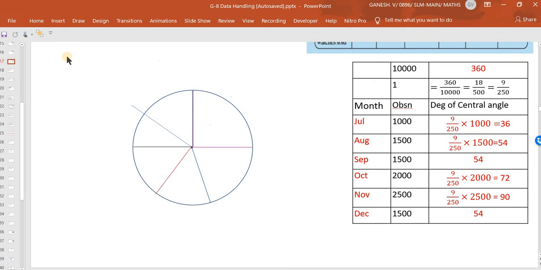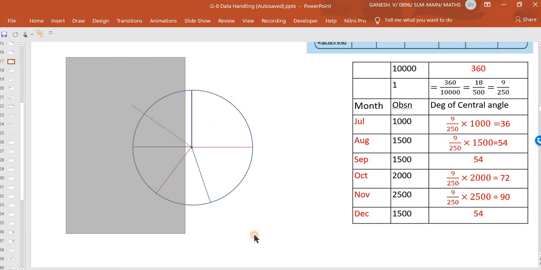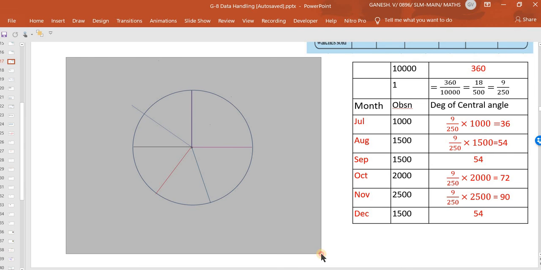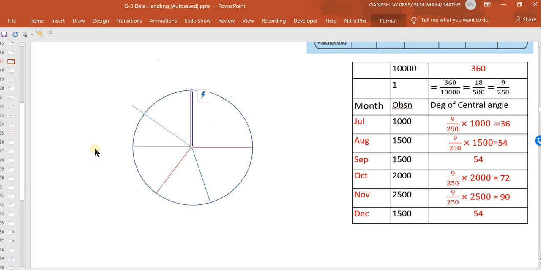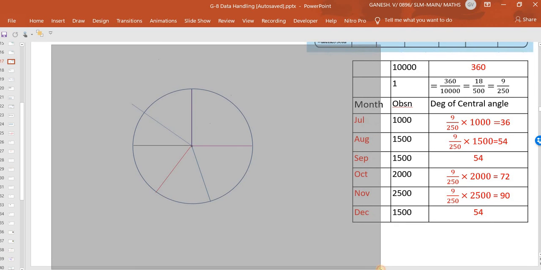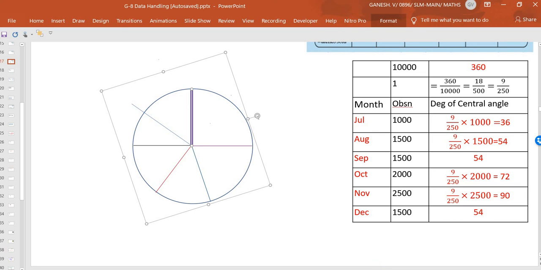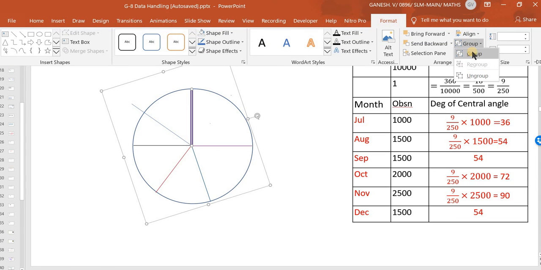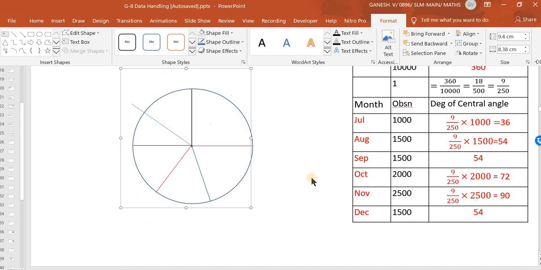And now to ensure that nothing gets in, this line is looking something like left of it. I can just move it to the left so that it is not, yeah, it is okay now. I can now select the entire picture and make it as a group so that it does not get distorted. Okay, but now it is not selected completely. I'll have to select it. Yeah, the entire picture is selected now. I'll group them as one picture now. Group. Yeah, it is now one picture group.